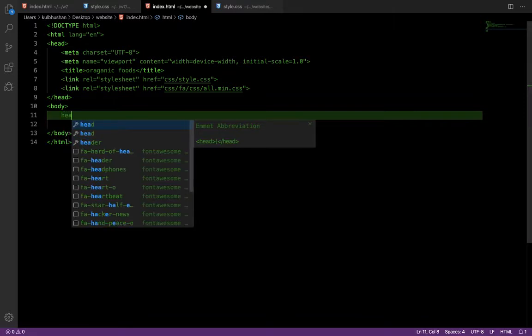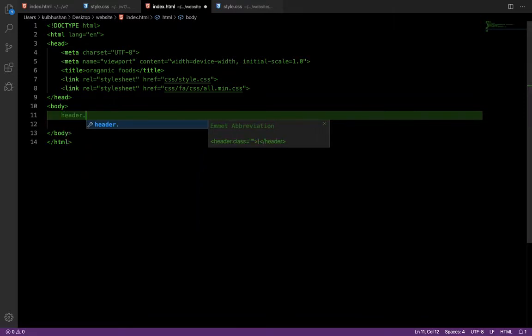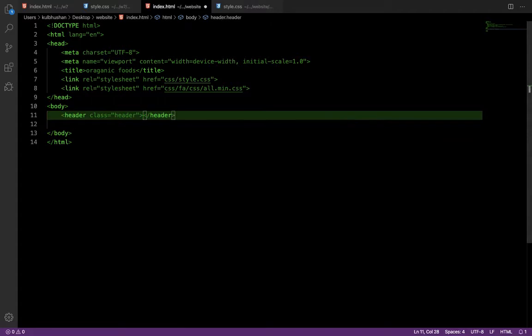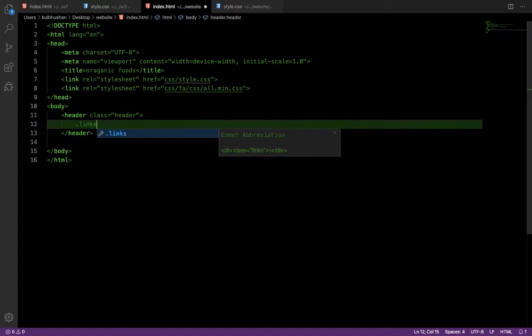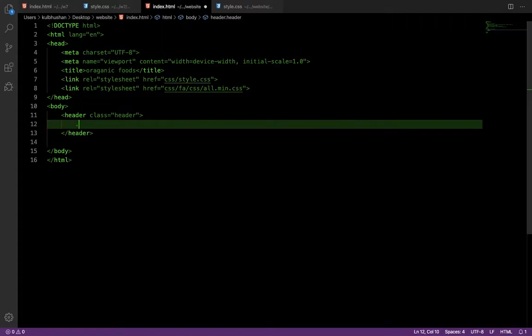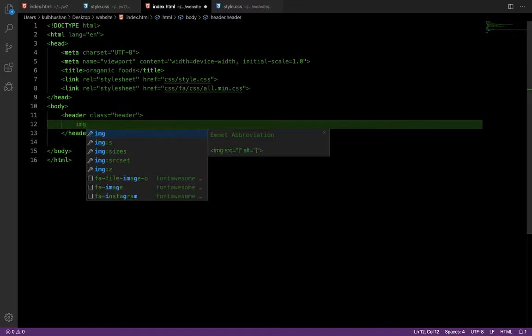First of all, we need the header. Header is given by the HTML itself, so we do not have to create divs and all those things. We will use header and we will give it a class name header only because we want to keep things easy for us. Inside the header, what do we want? First of all, we want that menu with these navigation links, so we will call that links. First of all we need the logo, so img, and we are going to give it